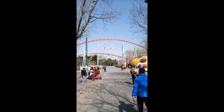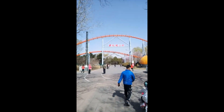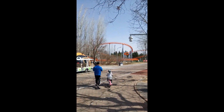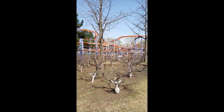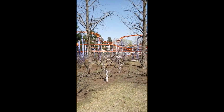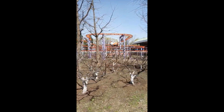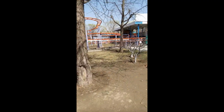Here is Sun Park's Flying Roller Coaster. It is a motorbike launch coaster knockoff, and it's a lot of fun. You can see the far end of the ride right here. Over here we see the park's Jungle Mouse, which is still in operation. I can remember riding it on my first trip to Sun Park back in 2009,